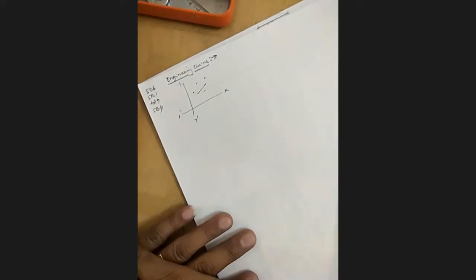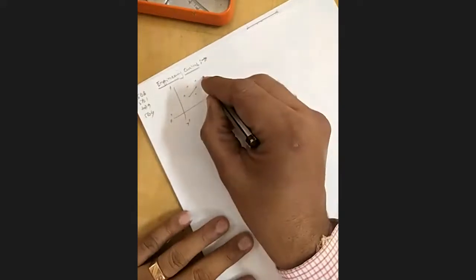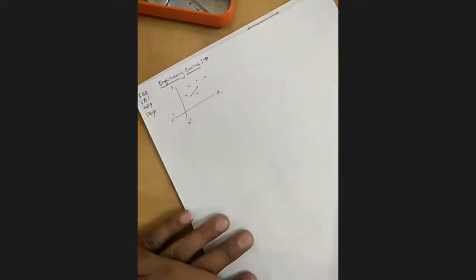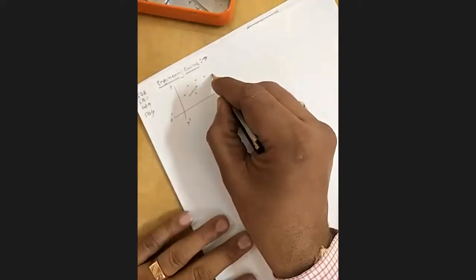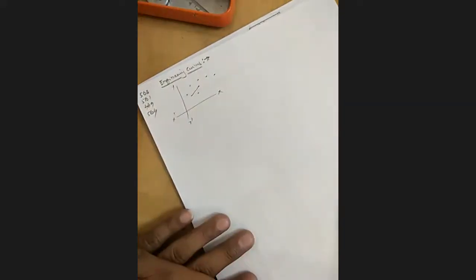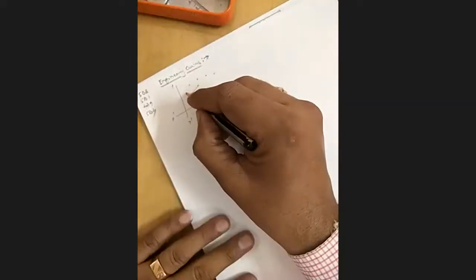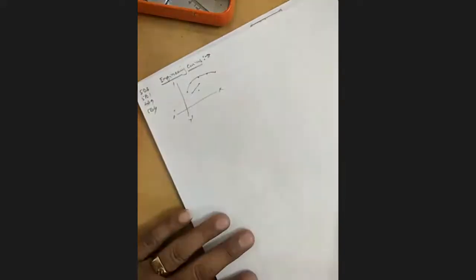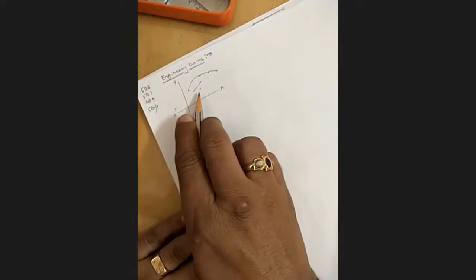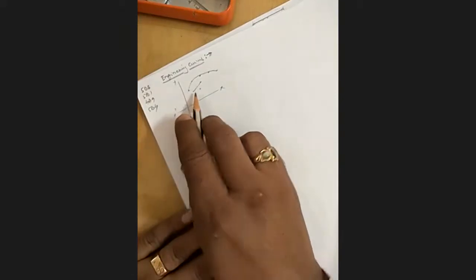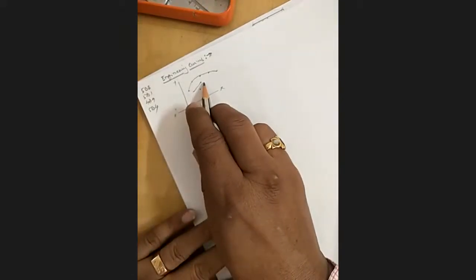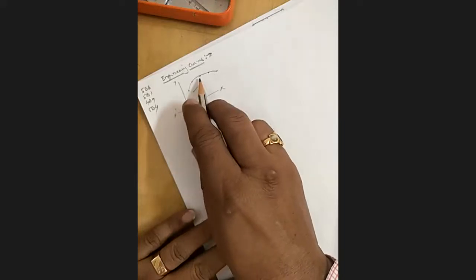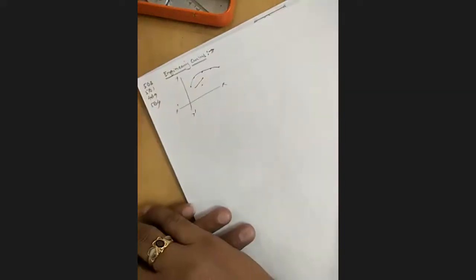Yes, sir. 4 points? Yes, sir. 5 points? Yes, sir. Oh, very good. While increasing the points, what is happening? You see, initially with 1 point, I may not draw a curve. With 2, it is a linear segment. With 3, we can draw a curve. 4, 5. If you increase, what will happen?